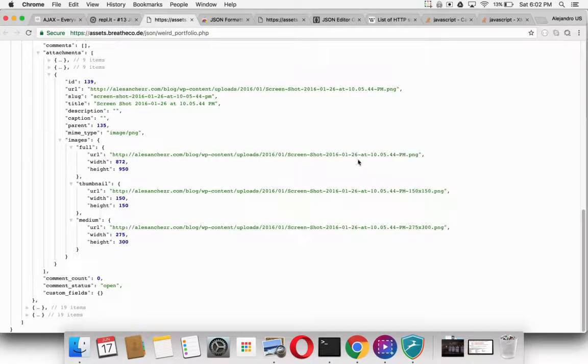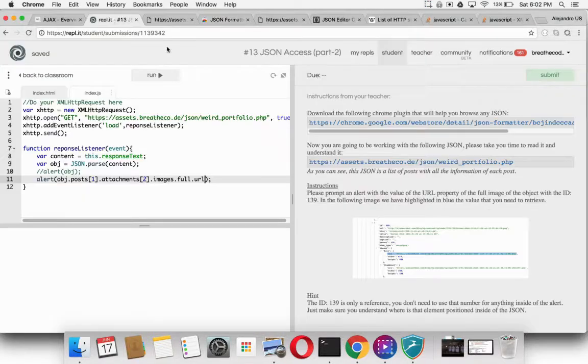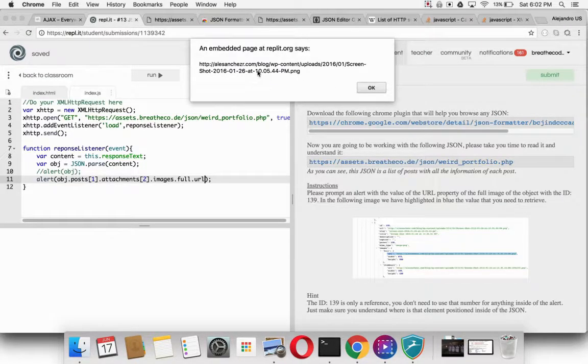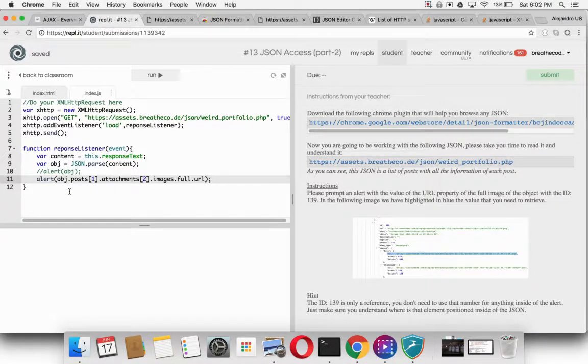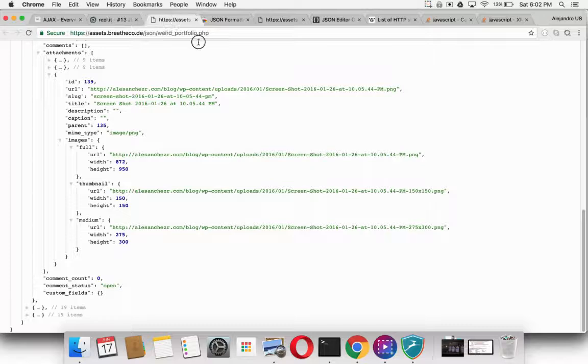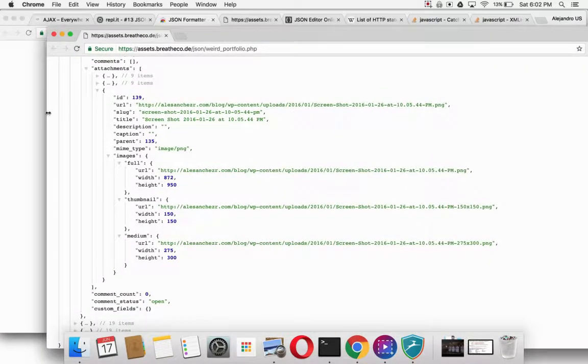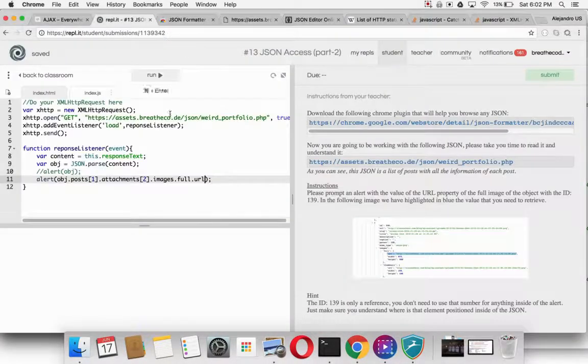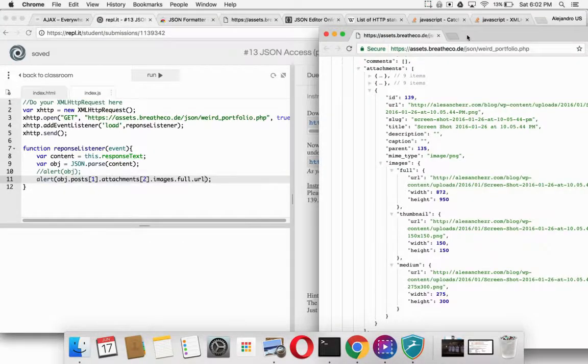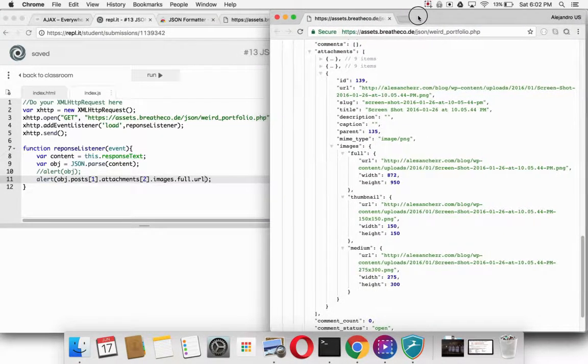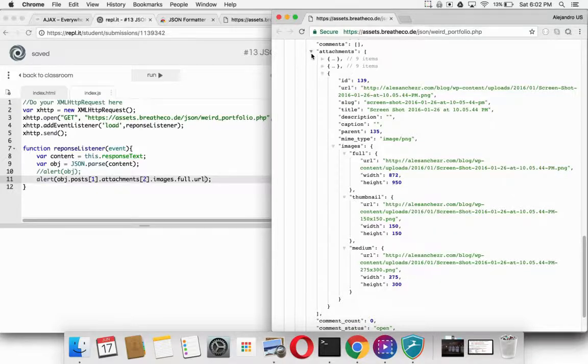Let me see. The screenshot 10:05:44 p.m. Okay, yeah, it's this one. So if you put both exercises in the same window, you'll see both the JSON and the result. You'll see that I'm doing